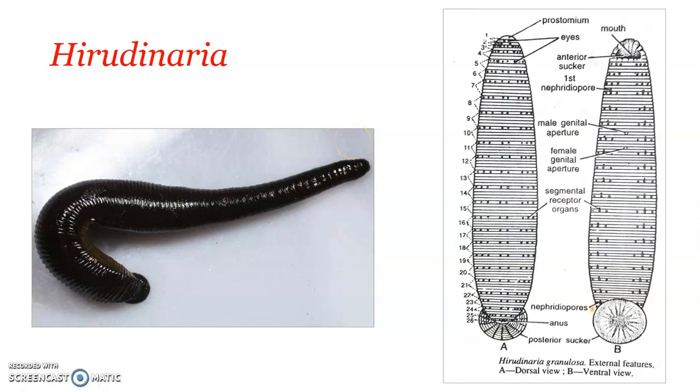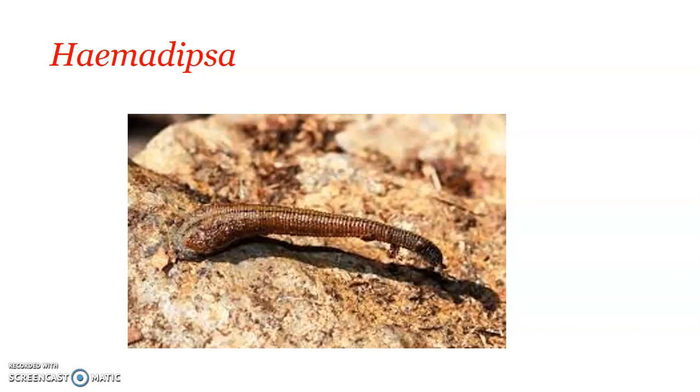The next one we have is the Haemadipsa. The Haemadipsa are the terrestrial leeches which are found in the tropics, usually found attached to leaves, bushes, shrubs,